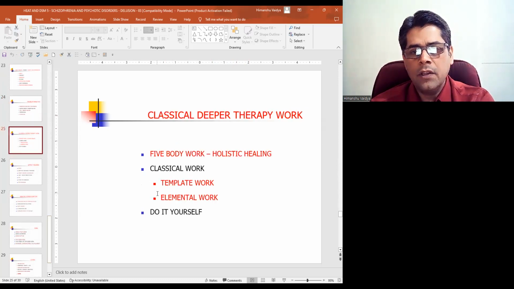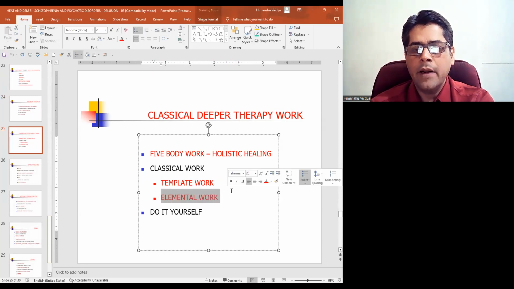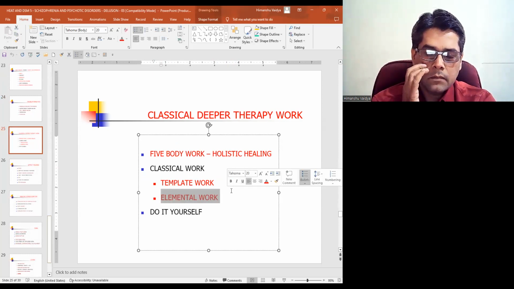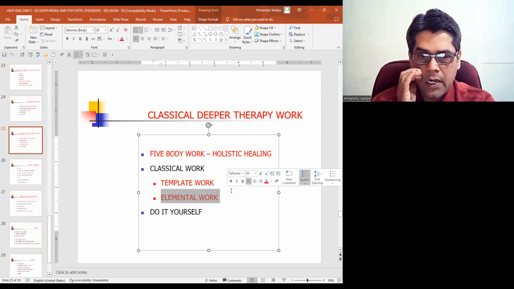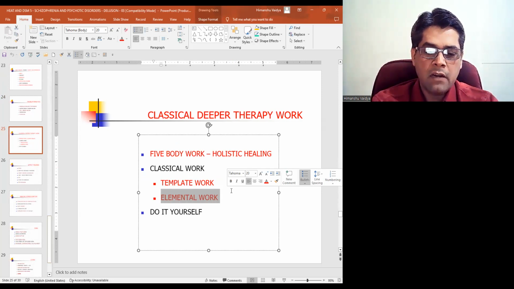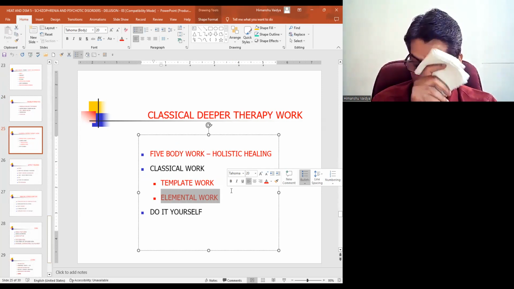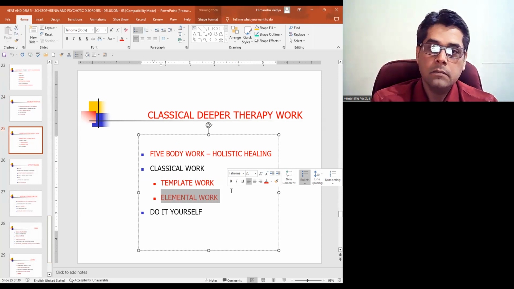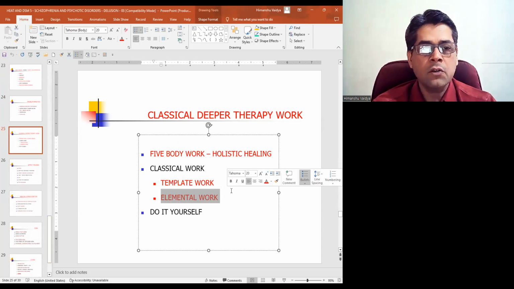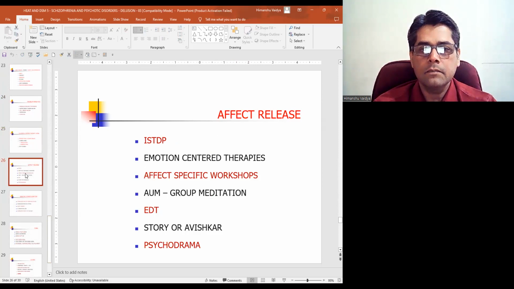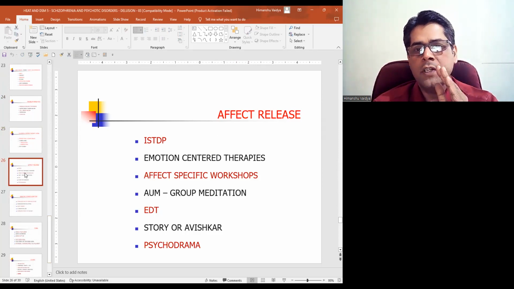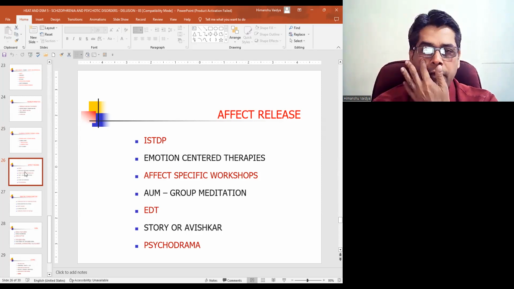The only new thing is the work on elementals, which is a unique HEAT element that we find out in terms of elementals. What is off track and we address it. And we also take a look at the epistemological process and the affective system process and set them right. Bring them into discussion and set them right.